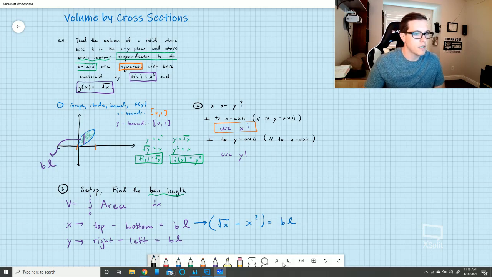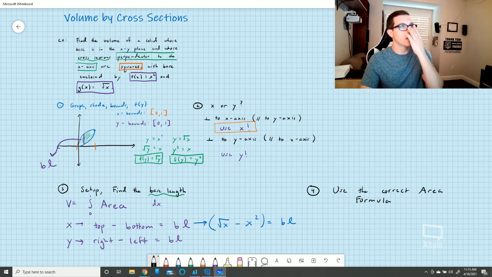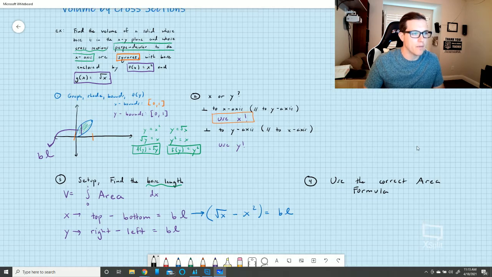And finally, step 4, final step, use the correct area formula. Now in BC, we derive all these. I show you where they all come from. We may get into that a little bit, but for the sake of time, I'm just going to give them to you. If it's squares,